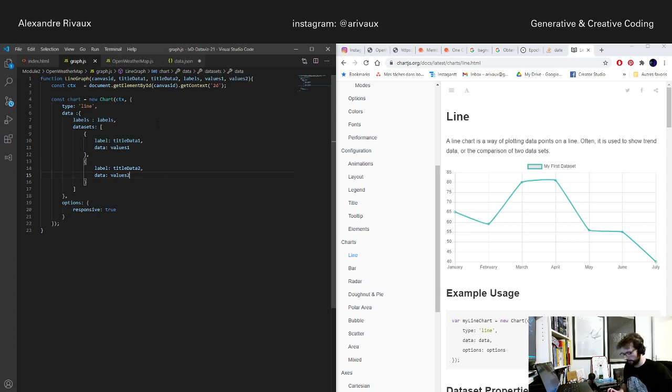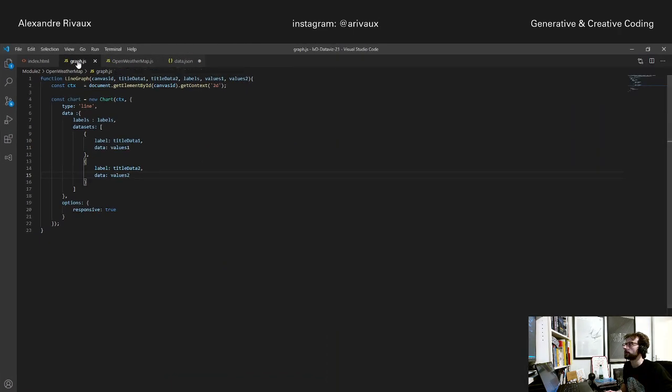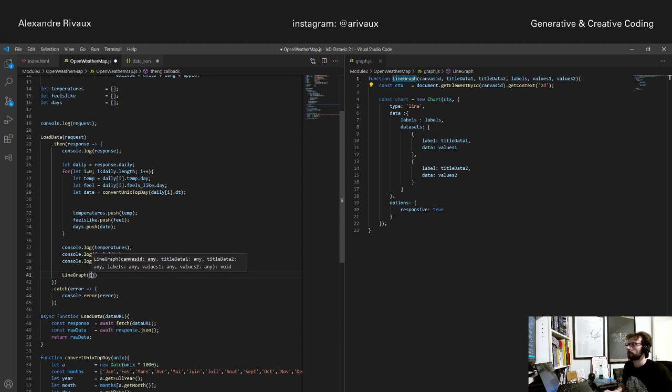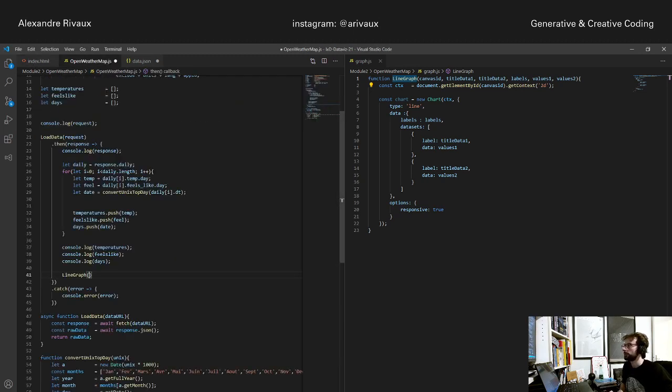Okay, let's open that here, and again going here, and we will need to create a new line graph here, and of course you would have the daily forecast here,